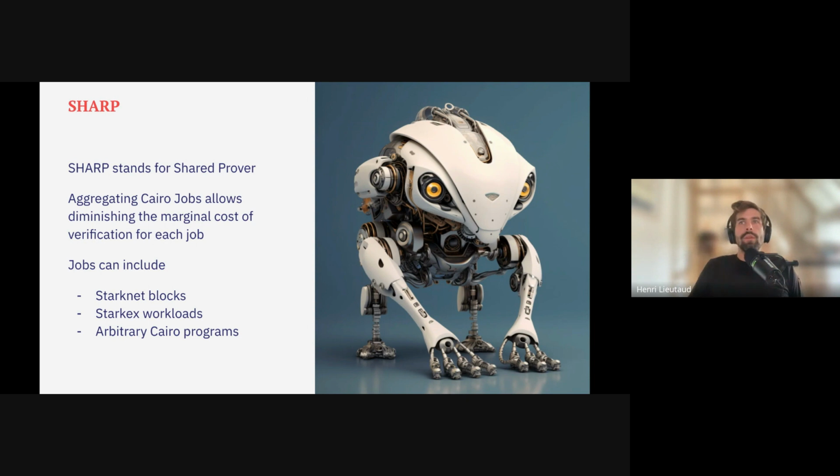The latest example we have, for example, is a company called Herodotus, which is doing storage proofs. And recently, they started using Sharp to prove state transitions on Ethereum and to prove historical hashes of Ethereum blocks. So they wrote a Cairo code that proves that a specific block hash was part of Ethereum history, and that code is written in Cairo and verified on Ethereum.